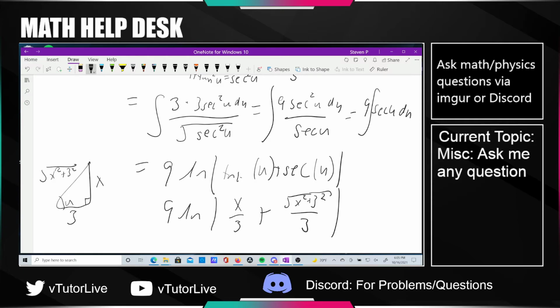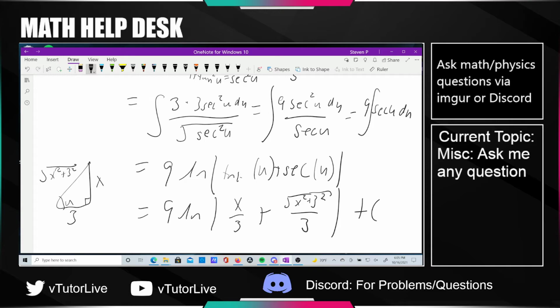Yeah? And then you have to add the c at the end. So yeah, that's what that looks like. So the first time you do a problem like this, it might feel a little bit overwhelming. I get it. But every single one of these trig substitution problems follows an incredibly